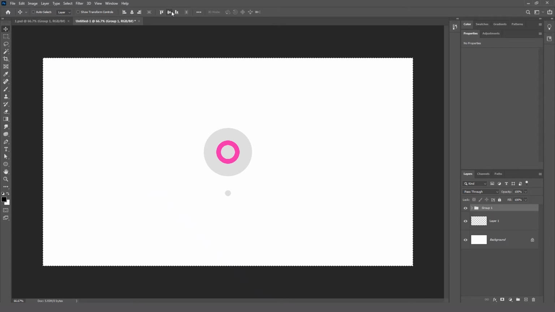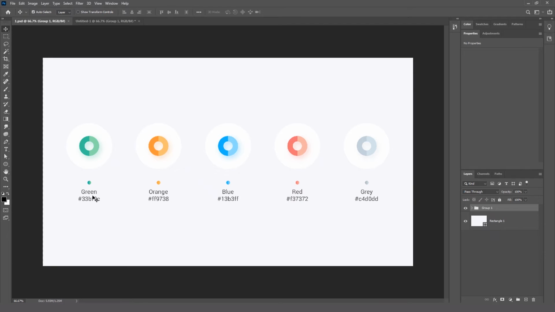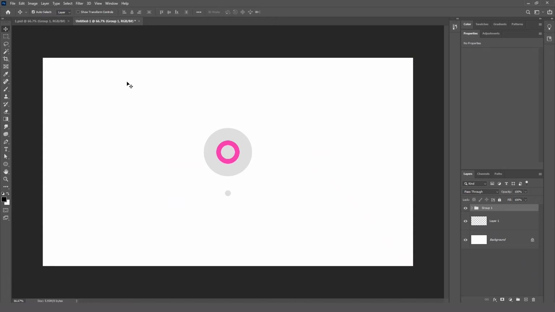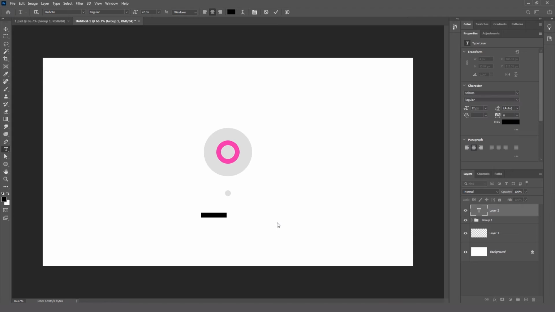So now everything is centrally aligned. Now we want this text on the down side. So what we will do, we are going to add that text over here. So here we are going to add the text green, and then here, whatever value we need, we add the hashtag, and now I'm going to add 000.